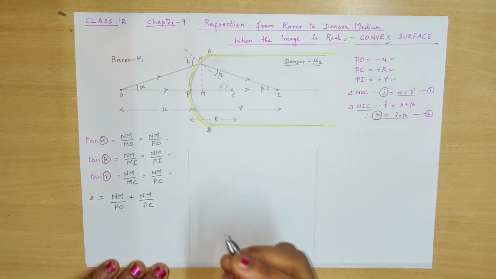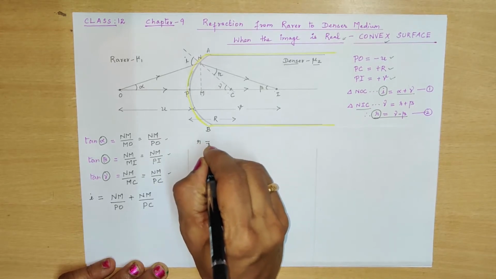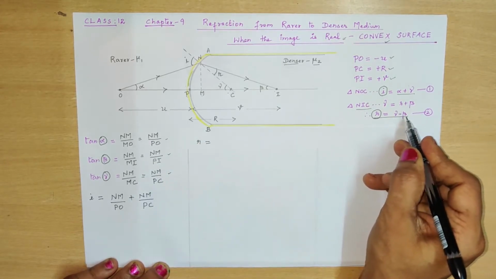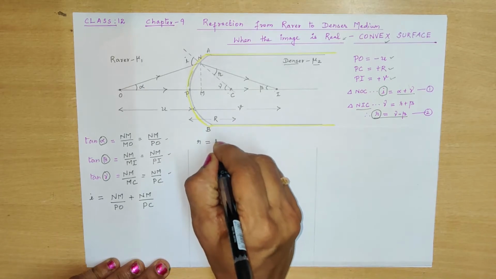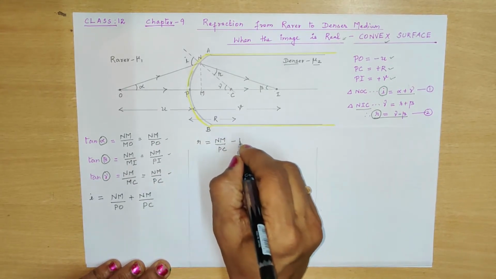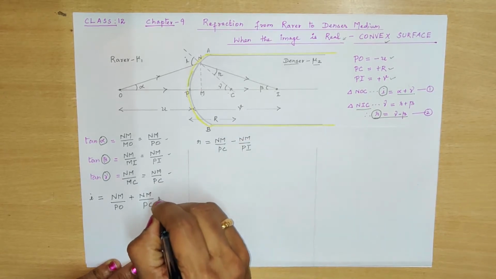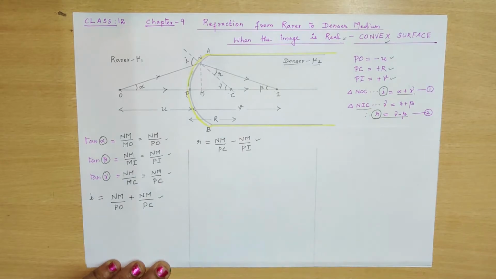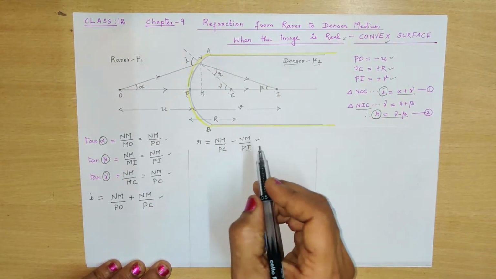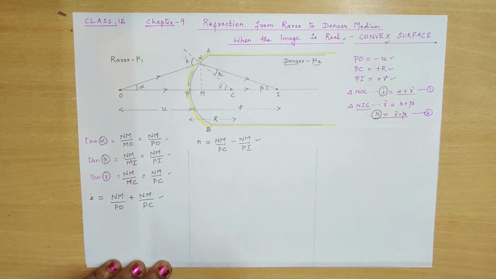Now let us proceed to what is the value for R. What is the equation we have got? Gamma minus beta. Therefore we can also write here NM upon PC minus NM upon PI. Now we have two more equations ready, that is in terms of I and R. Okay, look at this, it is gamma minus beta, and this is nothing but alpha plus gamma.